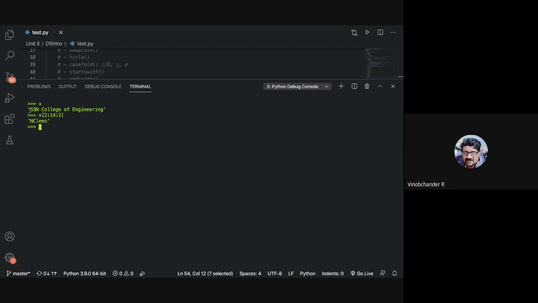So your starting position here is 2, with indices 0, 1, 2, n. Till the 14th position, essentially the 13th position, since the last character is not included, but you skip by 2 characters. So essentially every second character will be printed. You start at n, and then 1 character is skipped, C, and then 1 character is skipped, L, 1 character skipped, L, which is printed, and 1 character is skipped.